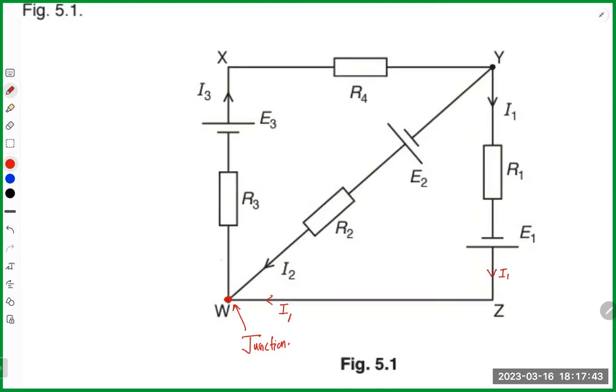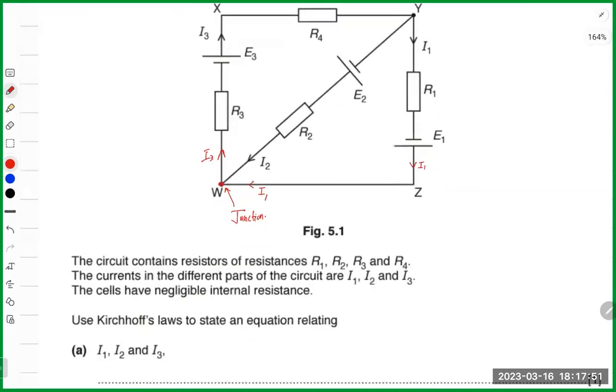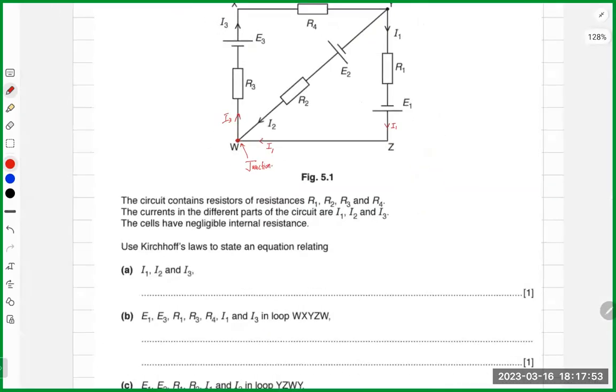Which current is leaving W? I3. Okay. Can we set a relationship between these three now? Yes, sir. I1 plus I2 equals I3. Good. I1 plus I2 equals I3. Good. Now,